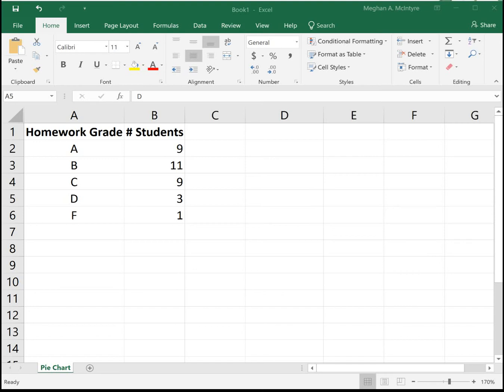This video will show you how to make a bar chart in Excel. I'm going to start with the same data that I used in the pie chart video, which shows the homework grade that students earned and the number of students in my spring 2018 class that earned that grade as their homework grade. So to make a bar chart, I'm going to start by highlighting all of my data, and then